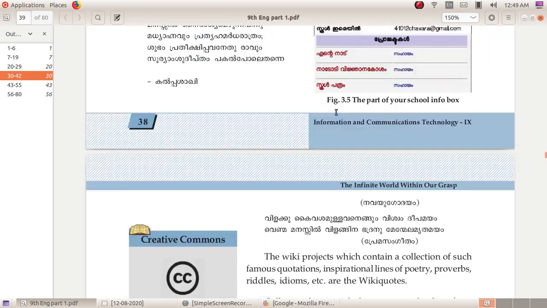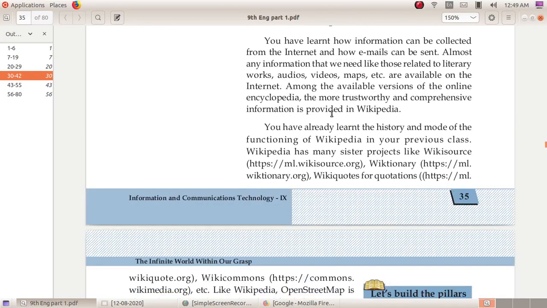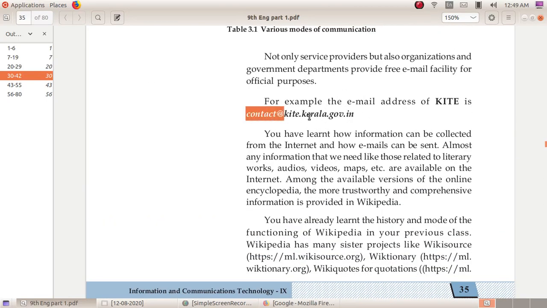At the first of this class, we discussed the address of the guide. In that address, we can see .gov.in. .gov means government, for government purposes. .edu means educational purpose. .com means commercial purpose.